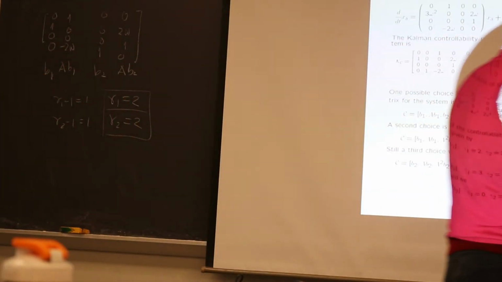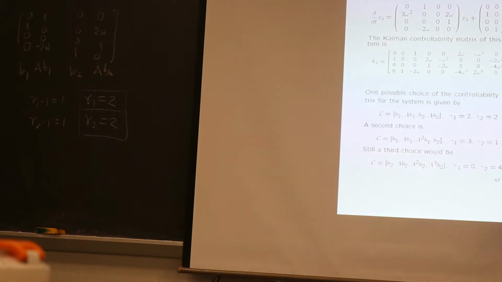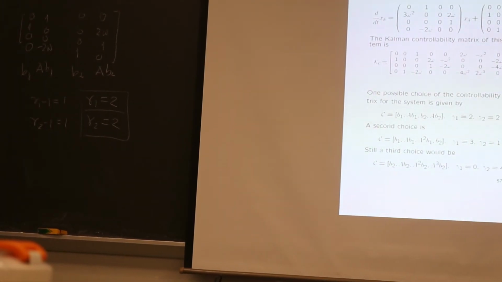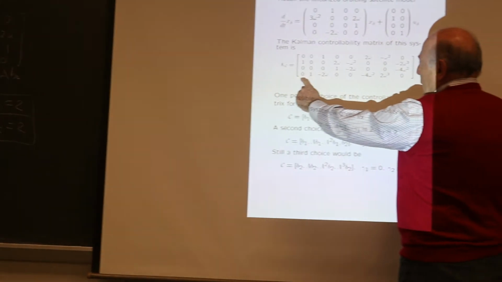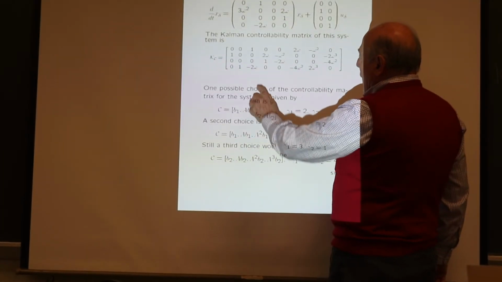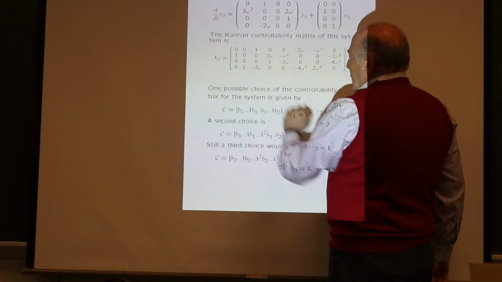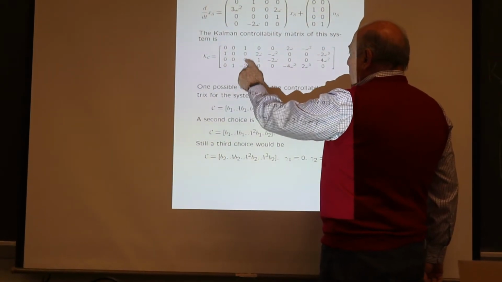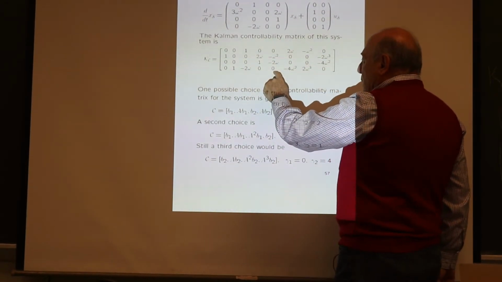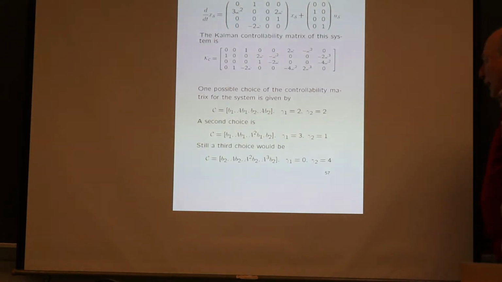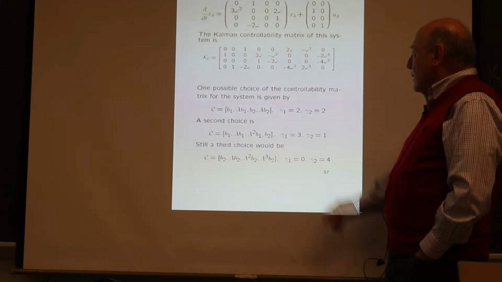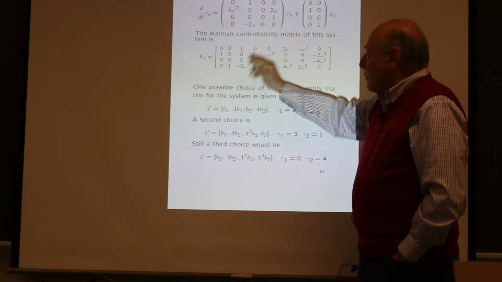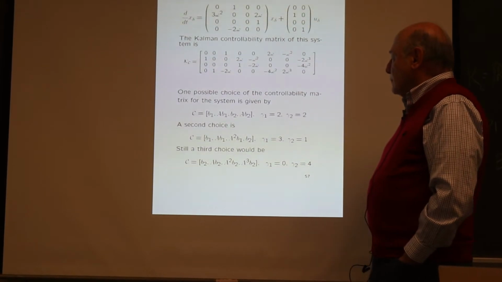Okay, that's one way, but we could proceed in a different way. Once we have all the column vectors representing the Kalman controllability matrix, we could have done something like this. We stick to B1. B1 is 0, 1, 0. Then we put AB1. The second one we put is this one, and that's linearly independent of the first one. And then we put A squared B1, and we still get a linearly independent vector from the previous collection. So we run into the possibility of not having B2 being represented here. So we see that B2 is already linearly independent of AB1 and A squared B1, and therefore we put B2